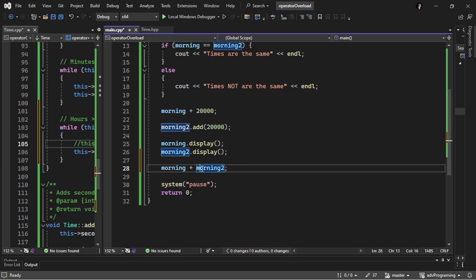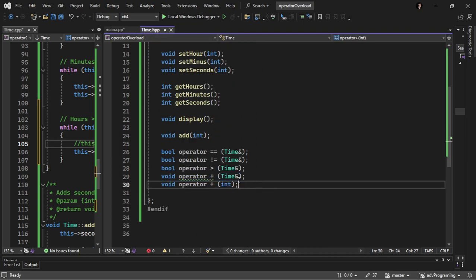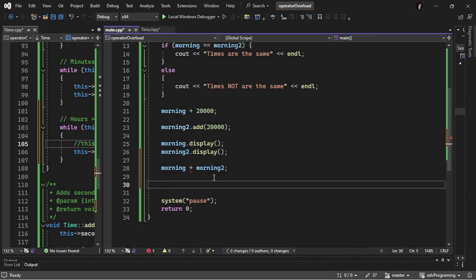Yeah, currently we don't have an implementation for this, but I think we have a header declaration for this. Yeah, this one. That's why it's not throwing an error. If I was to comment one, yeah, now it's throwing an error. See,